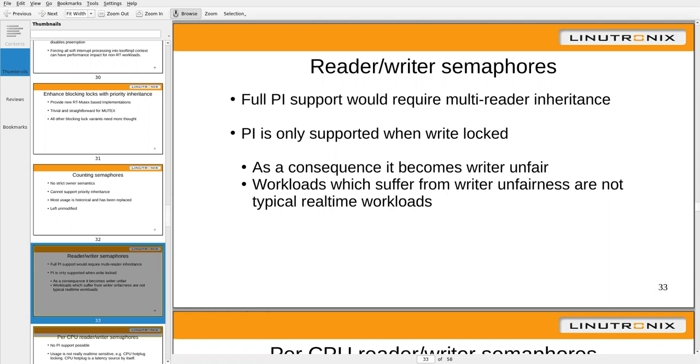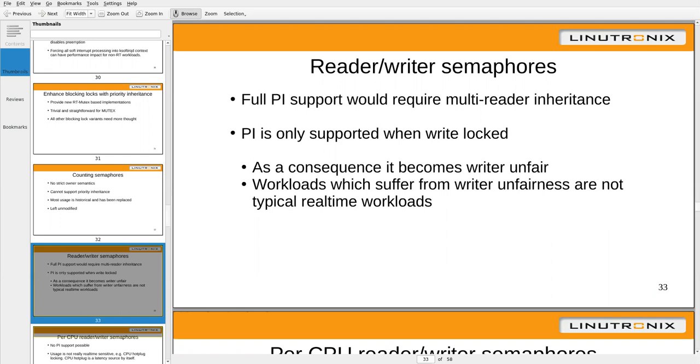We have strict writer fairness there, but with RT, with the priority inheritance or deadline inheritance mechanisms built around RT mutex, we can't do that. So it becomes unfair again, writer unfair. But we figured out that the workloads which actually triggered the writer unfairness are not the typical real-time workload. So I haven't seen any complaints in that regard